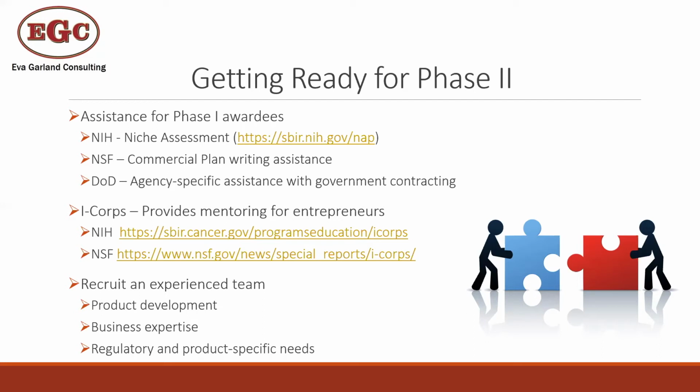There's also I-Corps, which is a mentoring program that's usually for several weeks, and you don't have to have a phase 1 or anything for this. Currently, NIH and NSF both have I-Corps programs, and so you can look into those as a way to get some kind of entrepreneur boot camp experience. Another way you can do is just recruit a team yourself. So look for some people in your area or out there that have done similar products or are experienced in commercialization to build your own team to be able to reach out to and assist you.